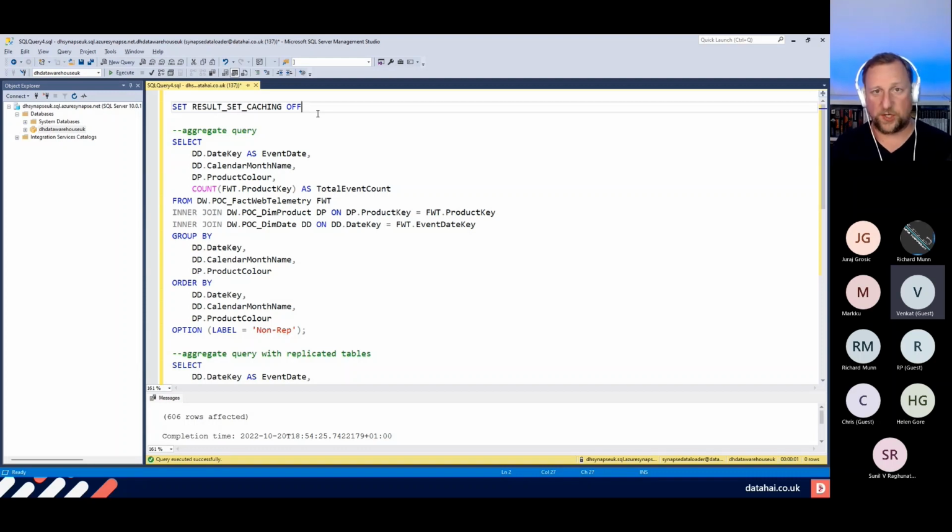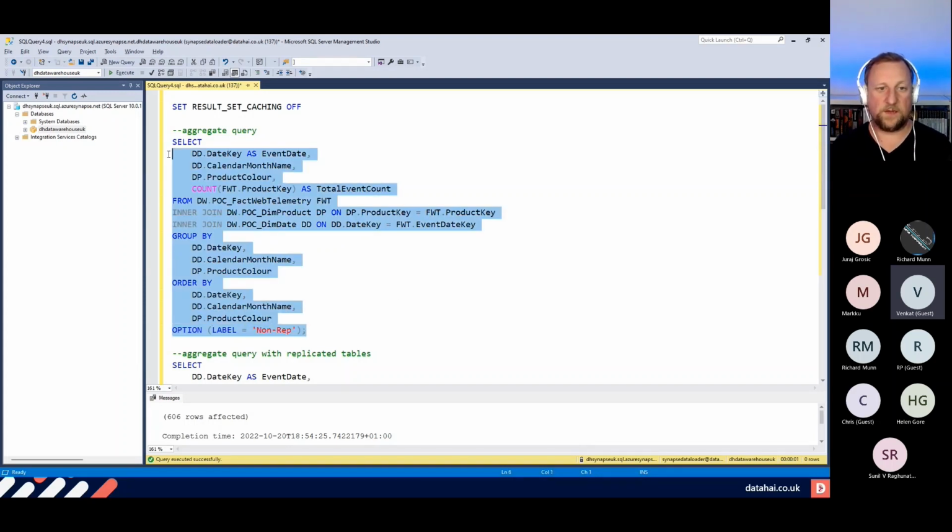You know, what's the execution plan going to be? So I'll run this query, which is going to join my web telemetry fact table to my dimension tables. Okay, so these are the dimension tables that are round robined. So if I run that command,